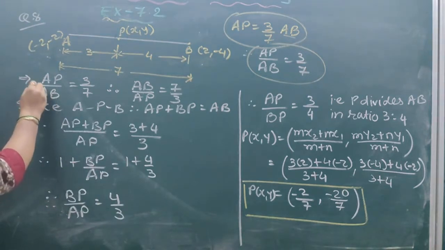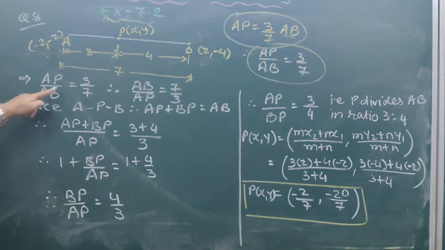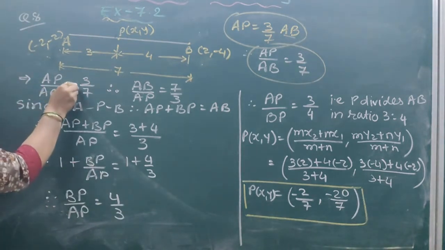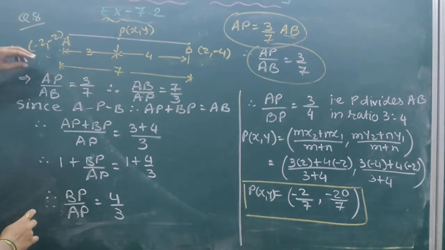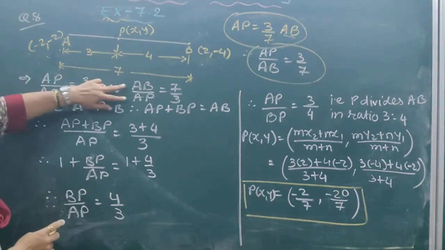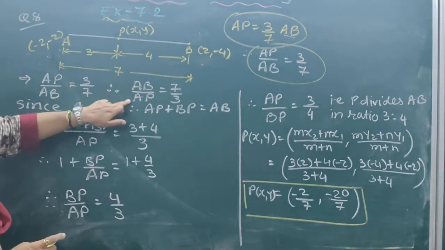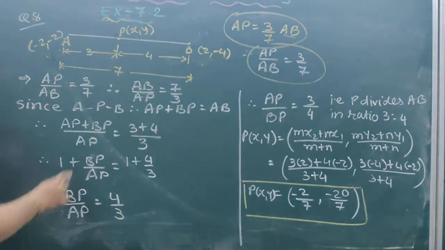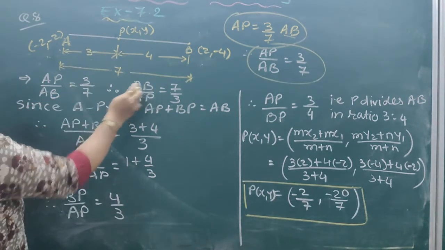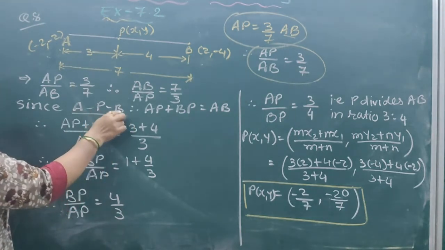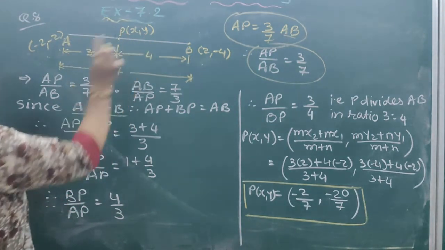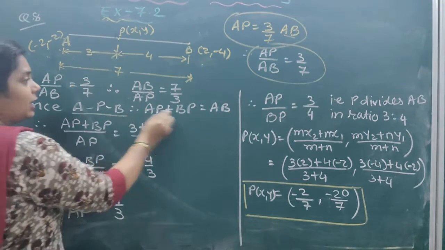So as it is given that AP by AB is equal to 3 by 7, if I reverse it, AB by AP is 7 by 3. What is AB? As A, P, B are three collinear points,